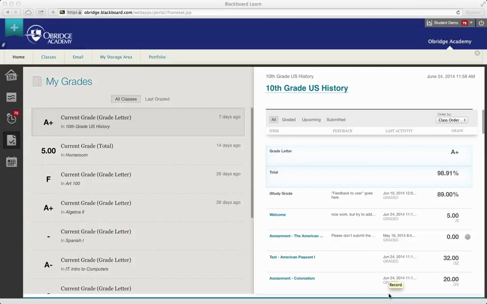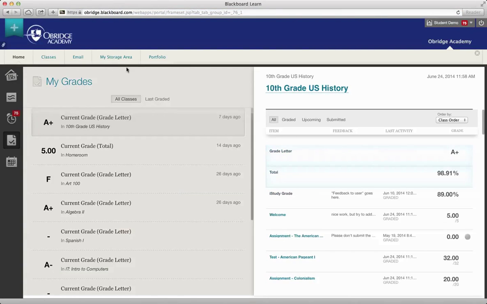Here's a quick way to see how to look at your grades and how to submit an assignment in iStudy. When you first log into the system, you should automatically be directed to the grades area, but if you're not, have a look at the Obridge Academy tab in the upper right hand corner. In this case, I'm logged in as a student demo, but if I click on this Obridge Academy tab, I'll